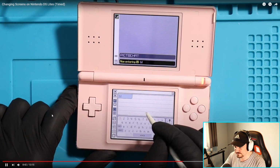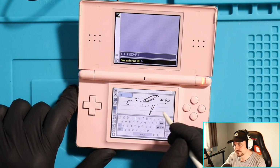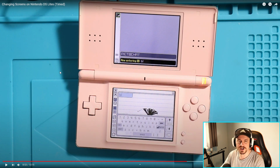Please see Exhibit A. On screen, when I tap here, it kind of creates lines. But if I do it here, see that? That's actually pretty cool. It was quite a cool effect, but obviously we have to replace the digitizer on this